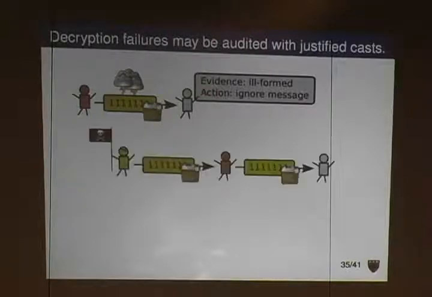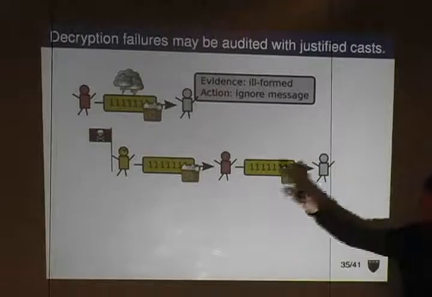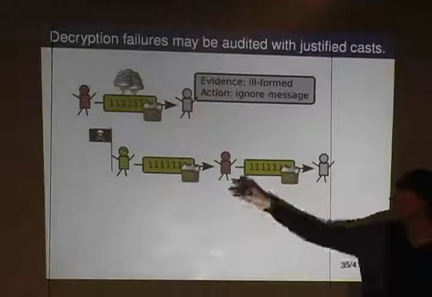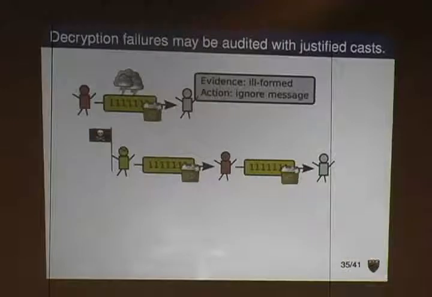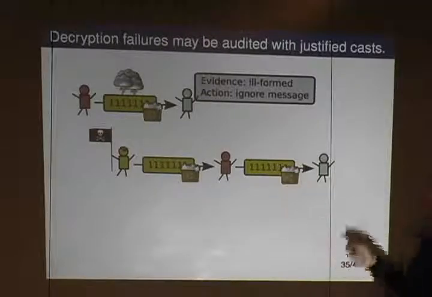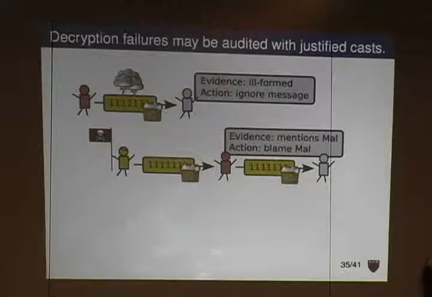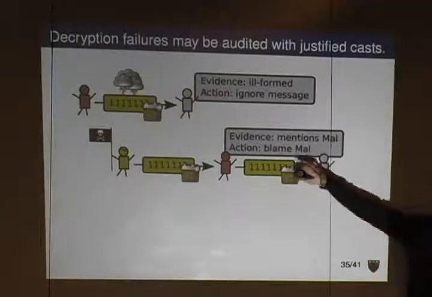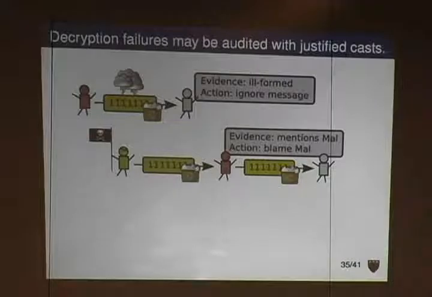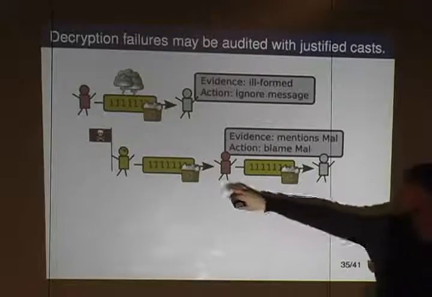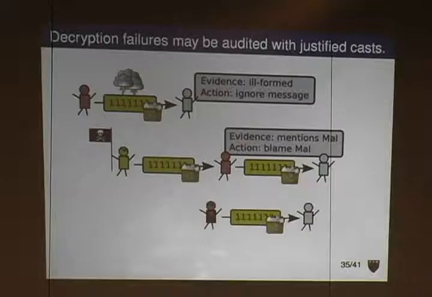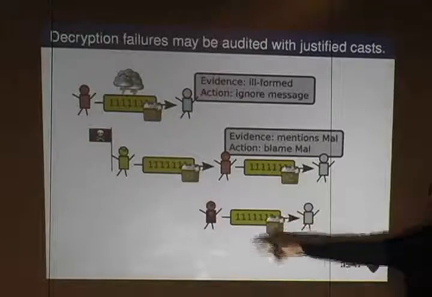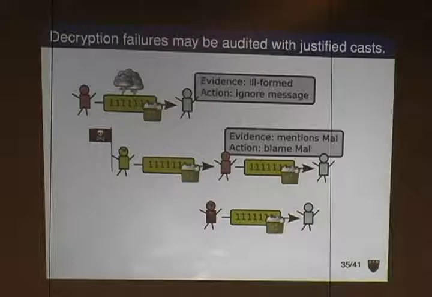Not a big deal. In the case where our pirate Mal sends a message to Alice and attaches a proof saying, this is an int for Bob, pass it along, and she does that, Bob can decrypt the message, find out that there's a failure, but the proof is going to wind up blaming Mal because he needed to attach something to the message sent to Alice. And so Bob knows who's at fault. And in our last case, where Alice is actually the bad principal, again, a proof by her needed to appear on the message in order to send it over. So Bob knows, again, who to blame.